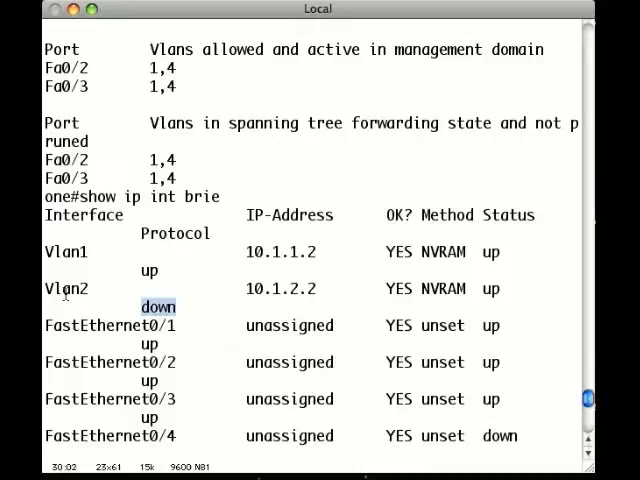So this is a side effect. What we did is we took VLAN 2 off the trunks, but in the end we had a switch where we had a layer 3 interface on VLAN 2, but we did not have any ports on VLAN 2. And Cisco is smart enough, when you don't have any ports on VLAN 2, then it puts the layer 3 interface into a down state. And that's useful in